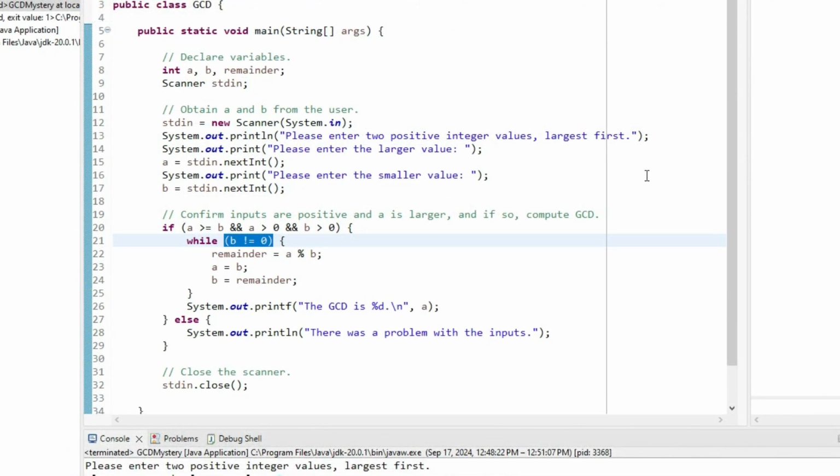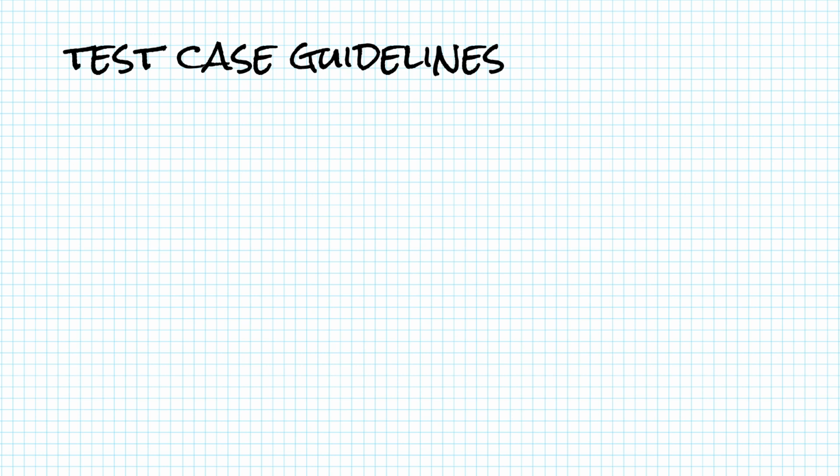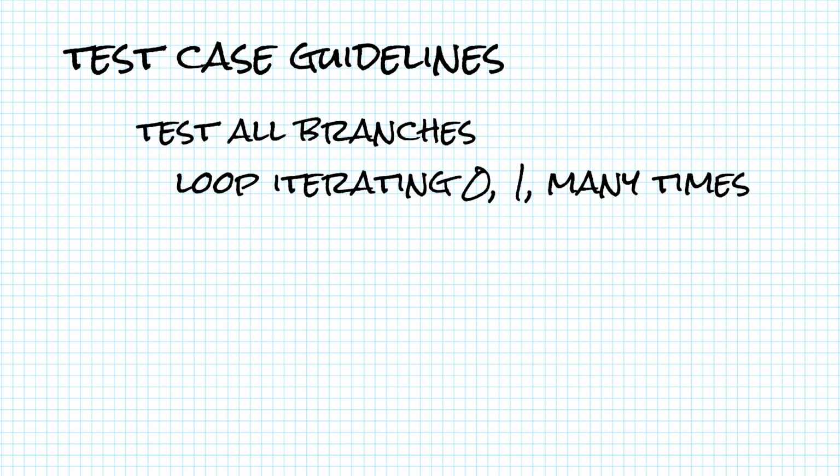For our GCD solution, we might also want to consider result edge cases. So in addition to inputs, we might consider a result of 1, essentially no divisors in common, as an edge case, and make sure we're testing both numbers with a divisor in common and numbers with only 1 as a divisor in common. So in your test cases, be sure to account for all branches, including the loop iterating 0,